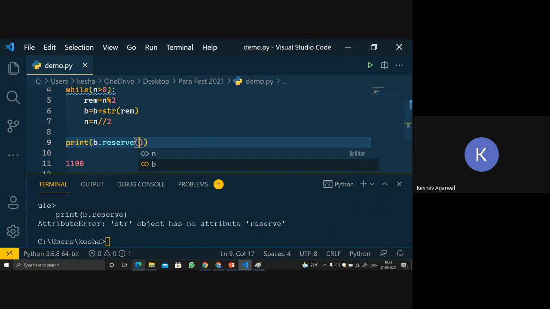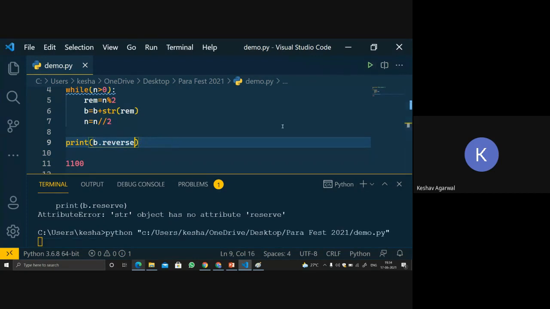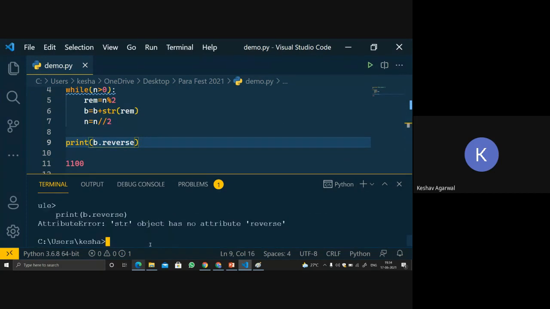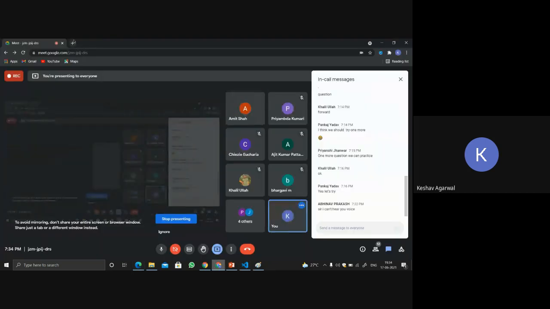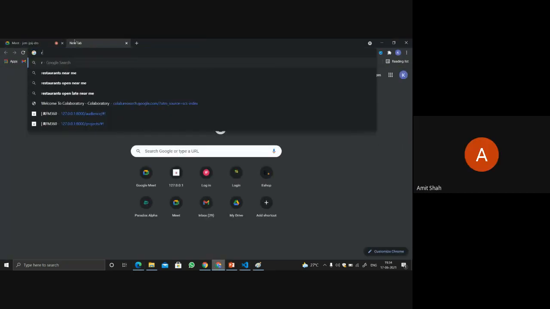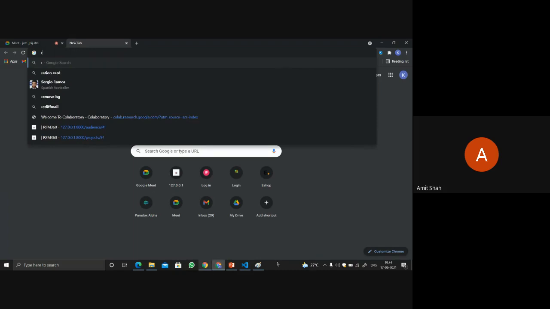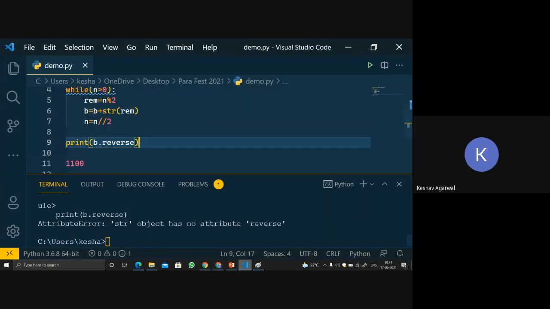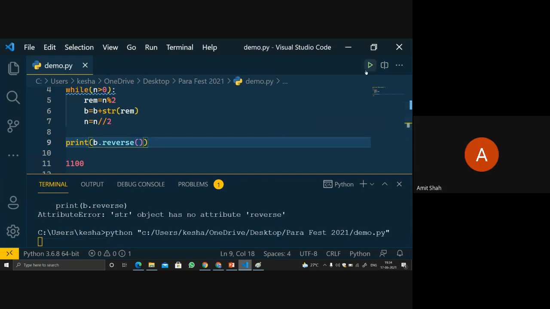Yeah, I see, reverse, not reserve. Let me check the documentation. So reverse in the bracket. You can use bracket now, because that is also getting an error. Right now, it's not giving an error.